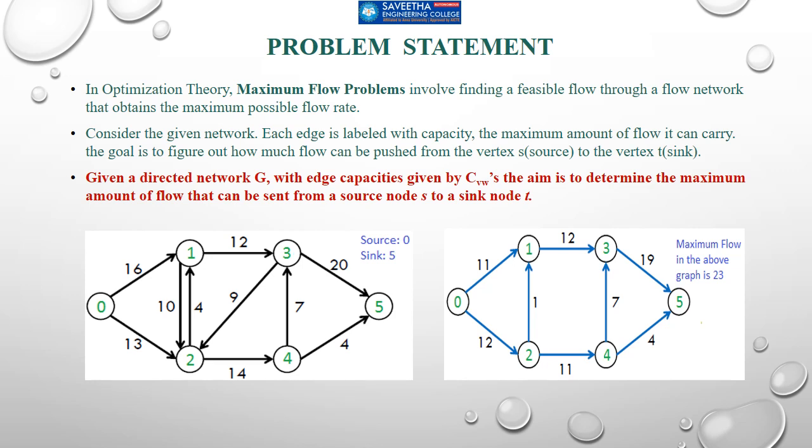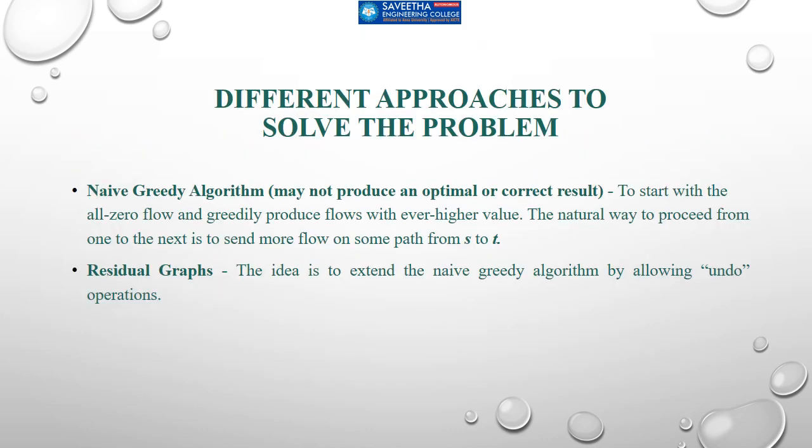For the given example, this is the value that they have calculated. We will take the same example and go through it step by step and find out how they arrive at this particular value. Basically this can be solved using a naive greedy algorithm. We have already seen what a greedy algorithm is. It will start by finding all the possible paths and choosing whichever has the maximum capacity, and so on. But that is not a very optimal approach.